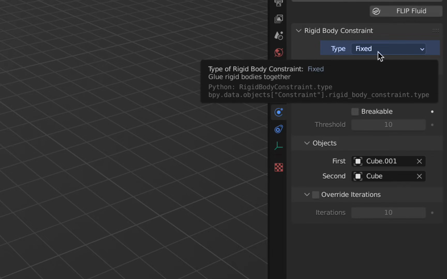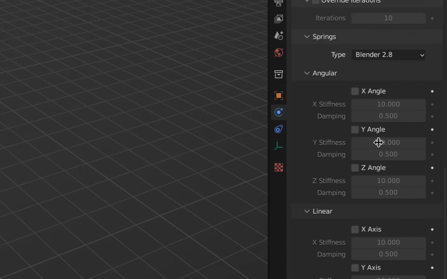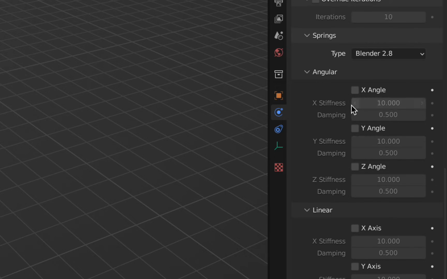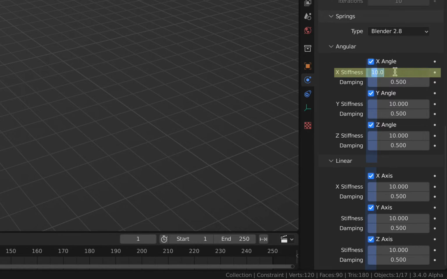We don't want a fixed one here, we want a generic spring, and we want this spring to have an angular and a linear force. So we give this here a force of 5,000. We do this for all these guys here, and we give here also damping 5,000. And after we did this,